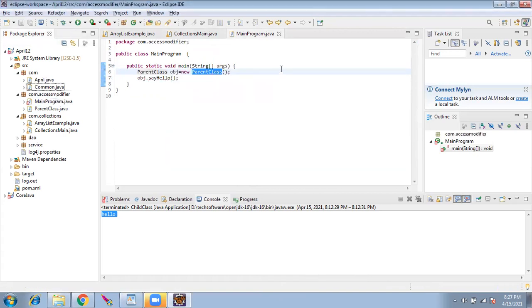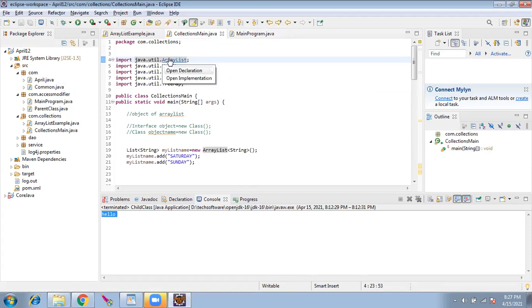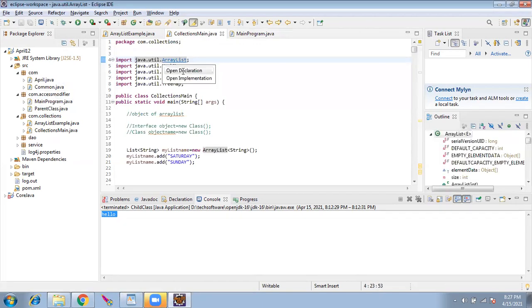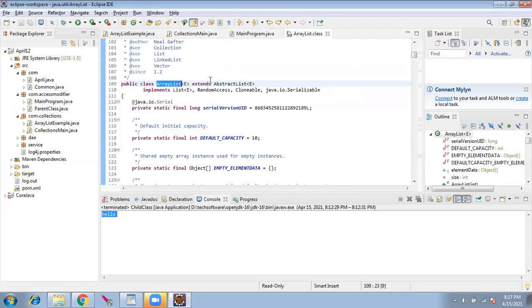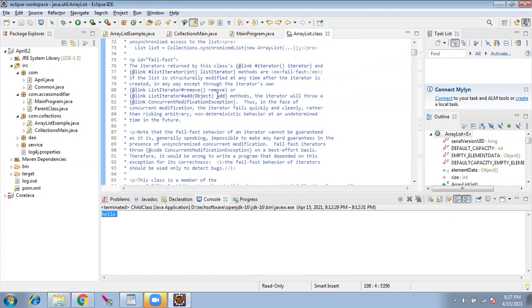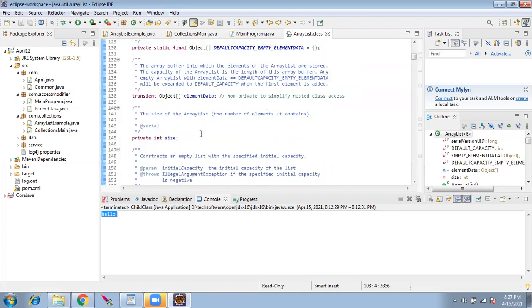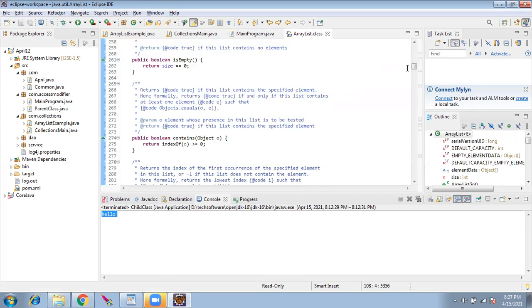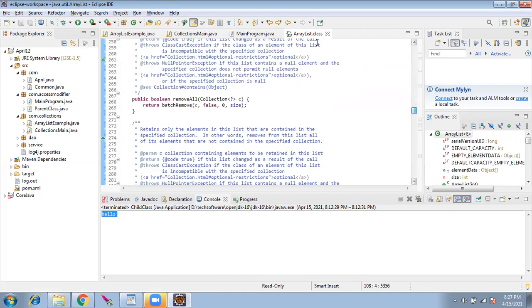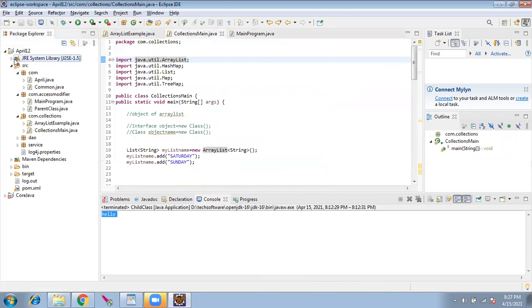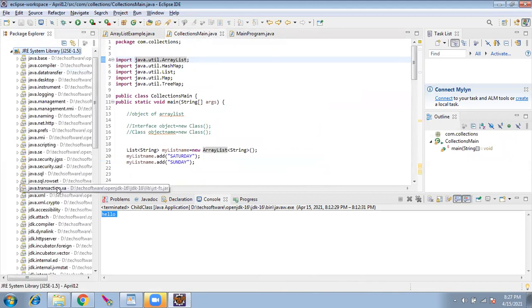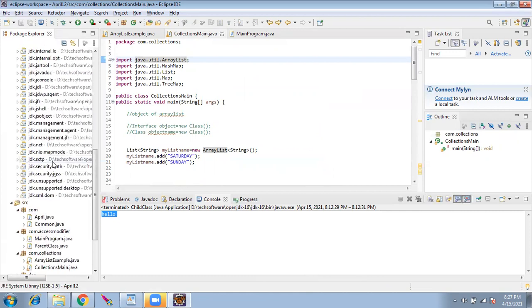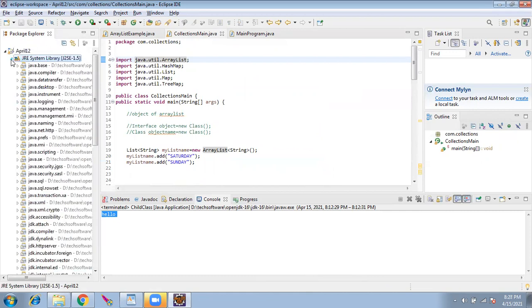That means those are predefined or inbuilt. Correct, these are all provided by Java. The array list class, we didn't write. It is already available in the util package. If I control click on this, it is opening. See the array list class file. They have written this already. It will be available in the JRE system library. If you see here, these many jars are already imported. When you install Java, this will automatically come.